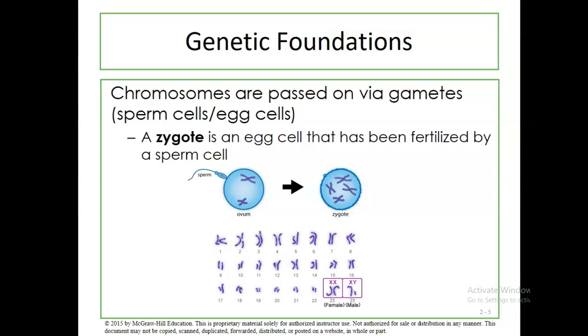As you see here, we have a graphic that displays the 23 pairs of chromosomes, the 23rd pair of chromosome determining the sex of the human being, with an XX pattern being indicative of female and an XY pattern being indicative of male. This is important to note because there's many chromosomal disorders that specifically affect this pair, the 23rd pair. When we discuss Down syndrome, we'll be discussing the 21st pair of chromosomes.